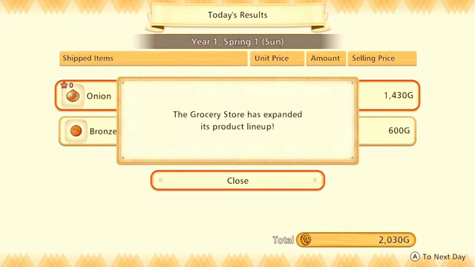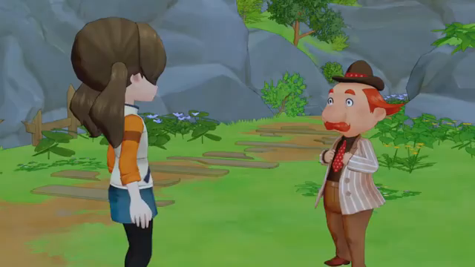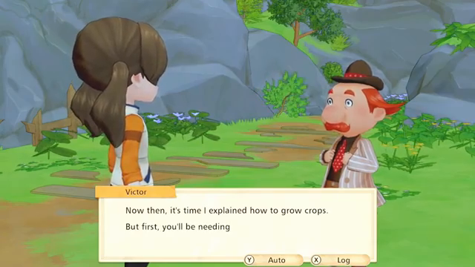So the grocery store has expanded its product lineup. I think we can buy the onions and the onion seeds as well, which is super exciting. At some point, whenever we get our crops up and going, we can buy onion seeds and grow some onions. But for now, I think the 16 seeds that we have will suffice, and we'll just slowly start